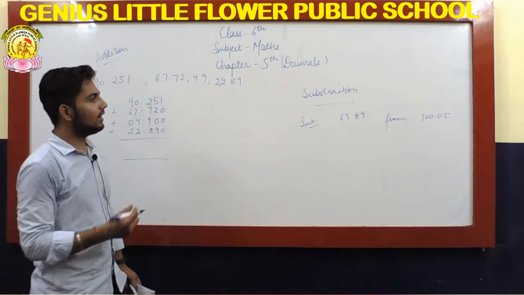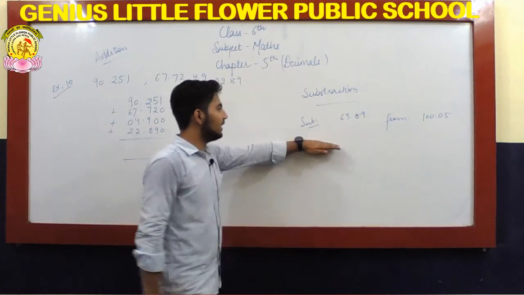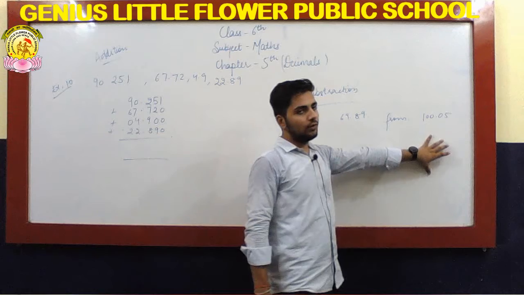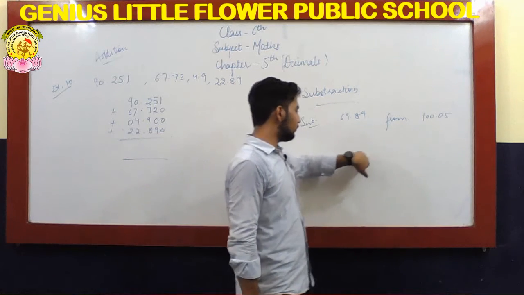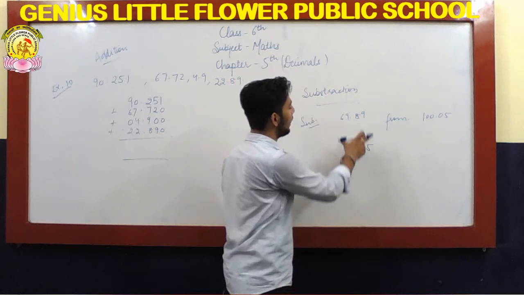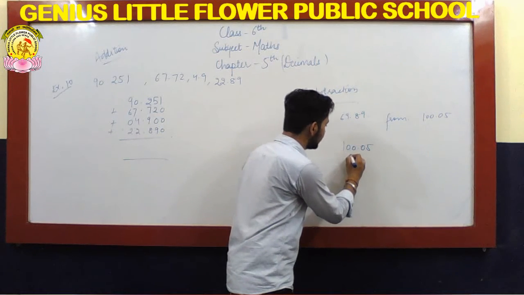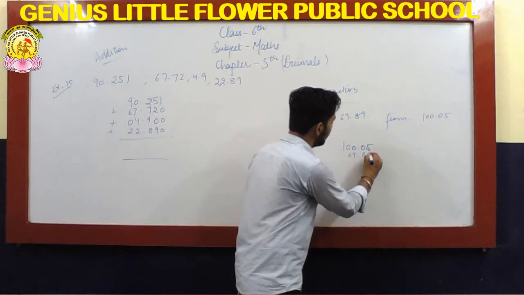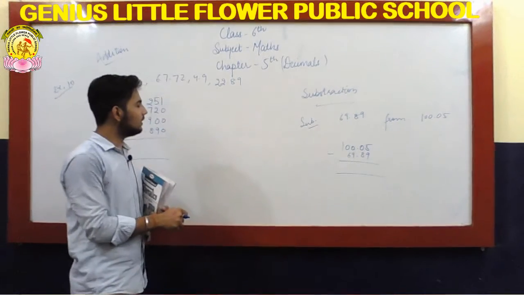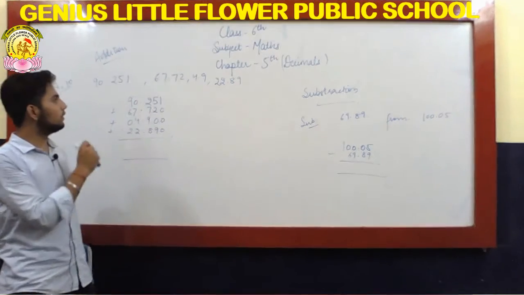So now next we move to our subtraction process. In subtraction, this is also quite simple. You are given: subtract 69.89 from 100.05. As you know, the number after 'from' will be considered first, so we will consider 100.05 first, and after that you have to place 69.89 just below it using the same decimal process. The decimal points should match each other. So you can subtract this also. As you know, these calculations are a bit easier. You just have to know how to place it, the method of how it should be placed.